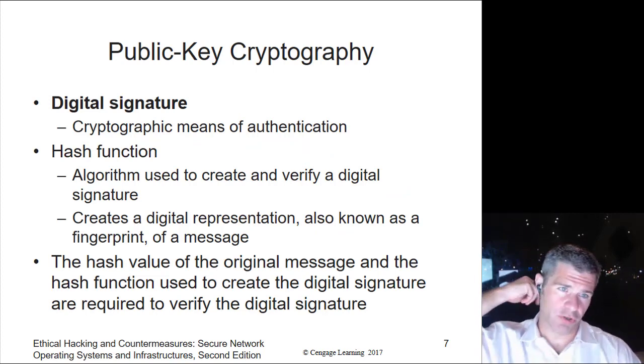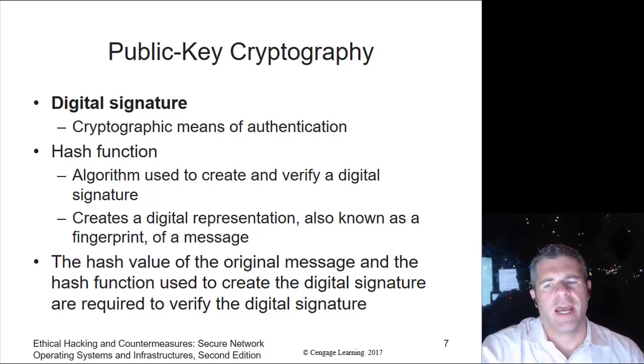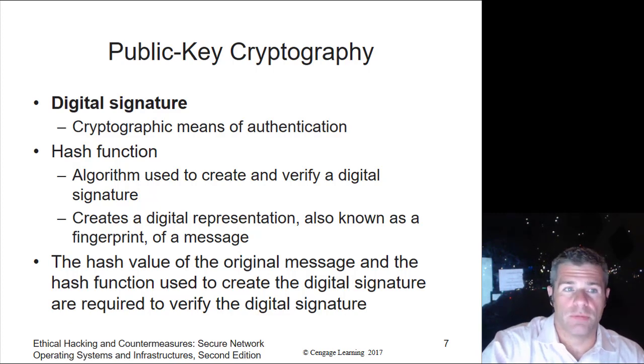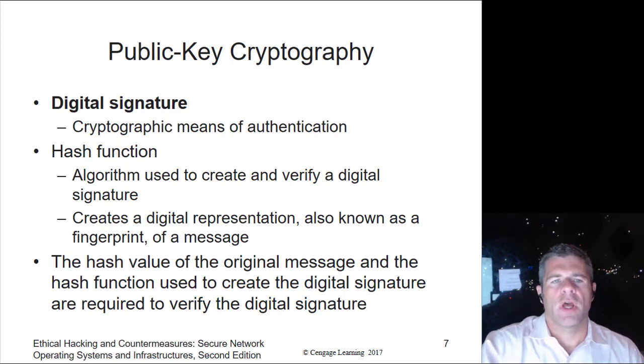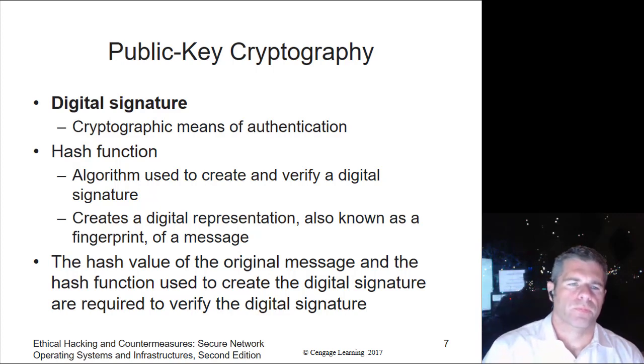So a digital signature is when you cryptographically authenticate something. A hash function, which you may remember from talking about passwords, is one of the ways you can create and verify a digital signature. You use a hash to create a digital fingerprint of a message or whatever it is we're trying to sign here.